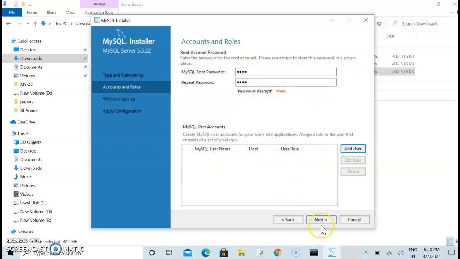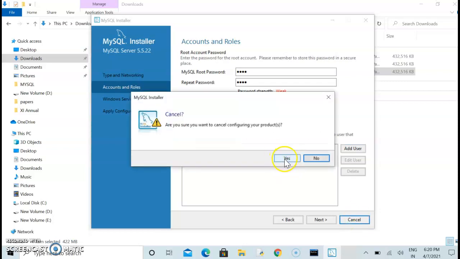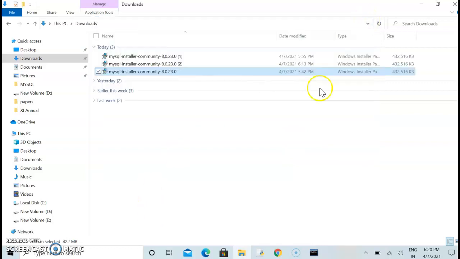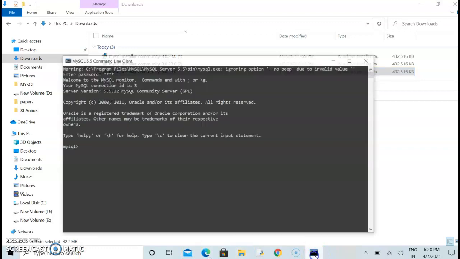Automatically the process will go on. Just provide a simple password so that it will be convenient for you to execute the things. Right now I'm not reconfiguring the things, and I have opened the MySQL part.